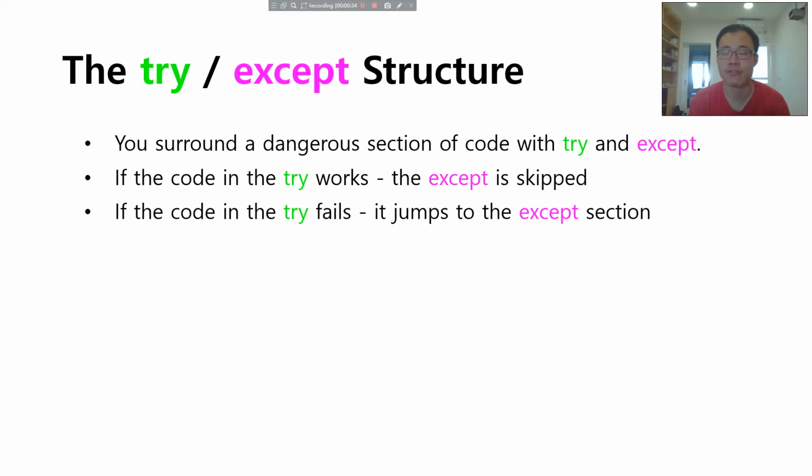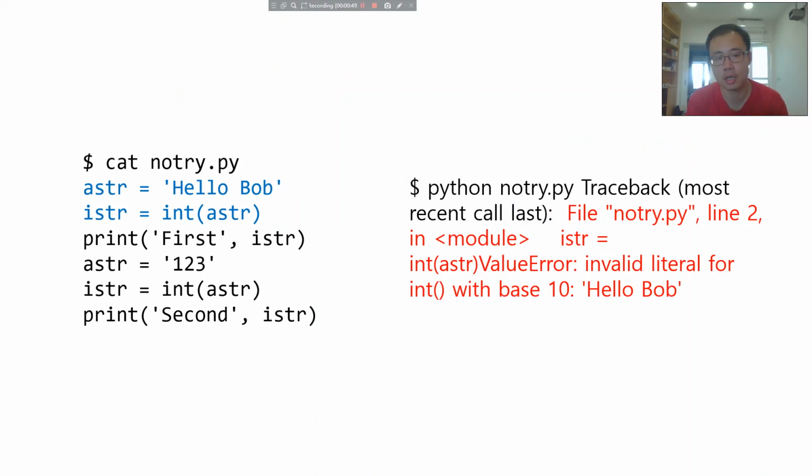If the whole program can go through, the except statements will be skipped. If the code in the try fails, that means the bunch of code does have bugs and it doesn't go through, it throws out an exception, and it jumps to the except section. Let me show you this. For example, I'm executing this